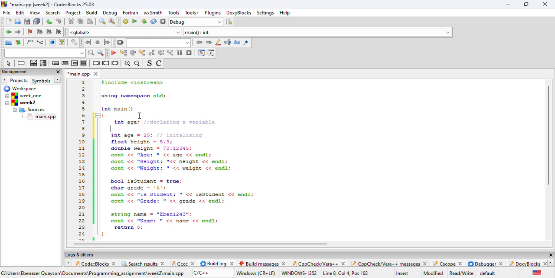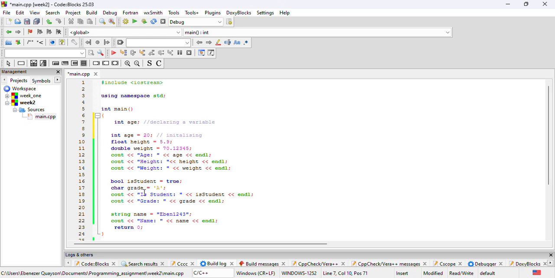Most variables have a local scope, and those are the variables inside the main int function. So variables inside a function are referred to as local scope variables. We already know that int main is the main function in C++. So all the variables that I have initialized and declared here are all local